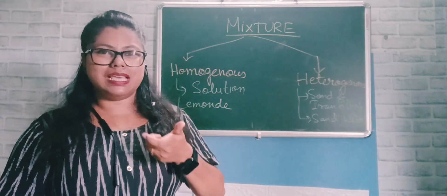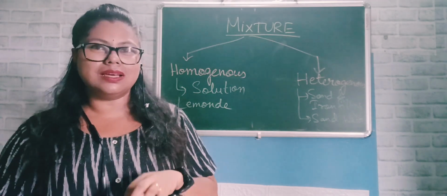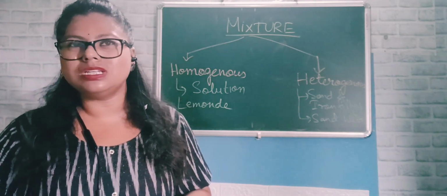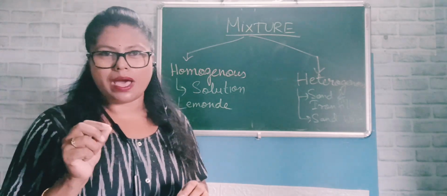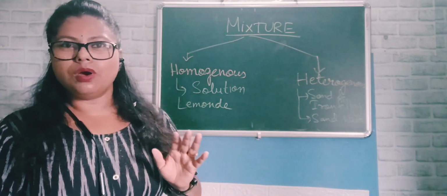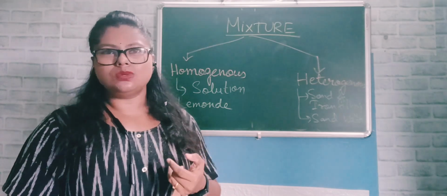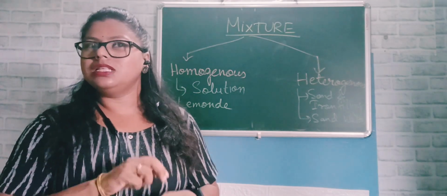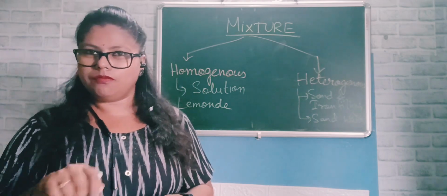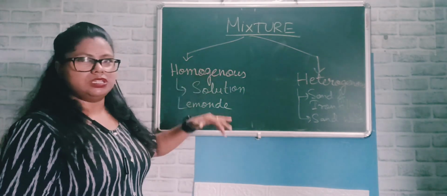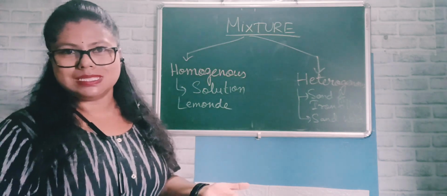Then you will find the taste of that spice is more at the bottom of the glass. That means that portion is not very homogeneous. That spice is heterogeneously mixed in the lemonade. But if you are just using lemon juice, water, sugar, salt and dissolving everything well, then the whole solution is going to be homogeneous, because the substances in this mixture